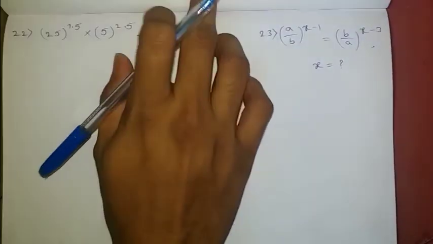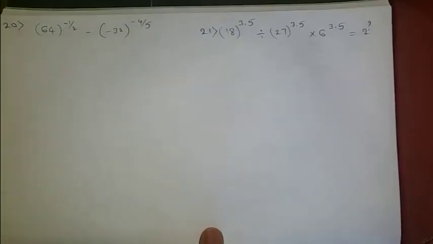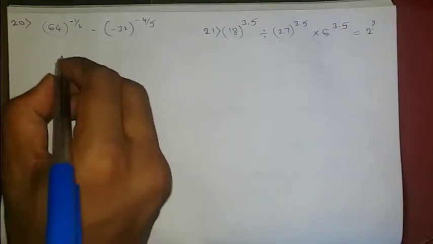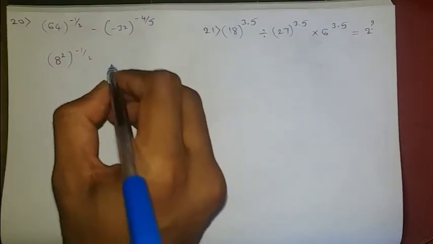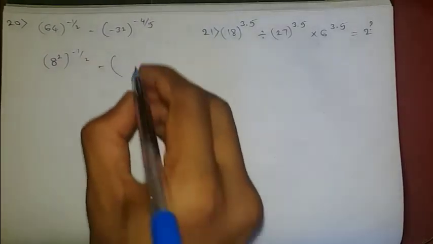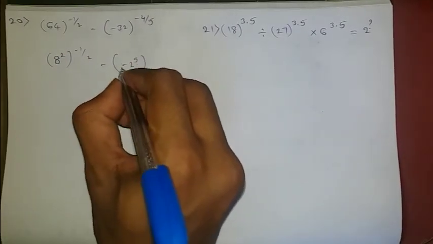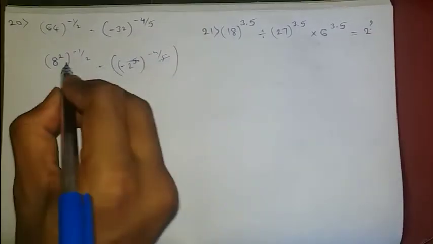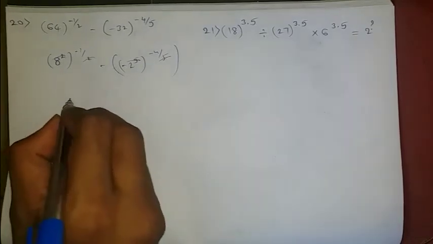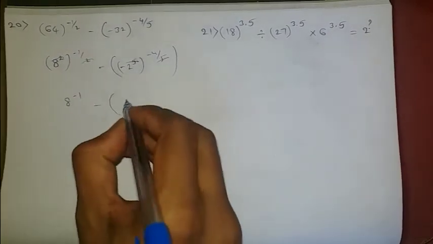Okay, let's move to the next question. 64 whole power -1/2 minus 32 whole power -4/5. Here 64 can be written as 8 squared, whole power -1/2, minus 32 can be written as 2 power 5, whole power -4/5. Here 5 will get cancelled. Here 2 will get cancelled. So we remain with 8 power -1 minus